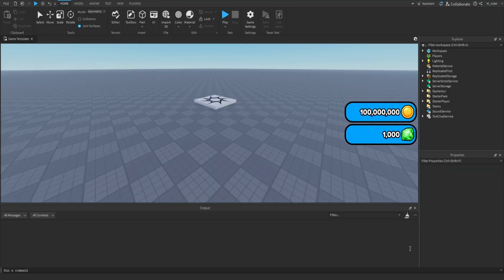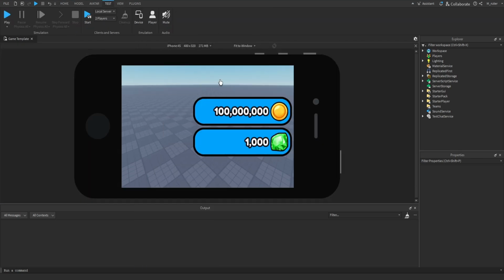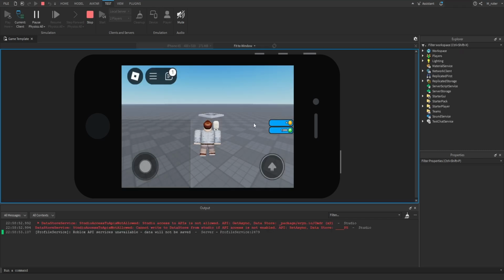Now, the next feature of the template I want to talk about is UI scaling. And what is UI scaling? Well, to quickly demonstrate this, let me go ahead and set my device size extremely small and start my game. Once I started my game, we can see that the GUIs are resized to appear differently on my device, and well, they look well suited to my device.